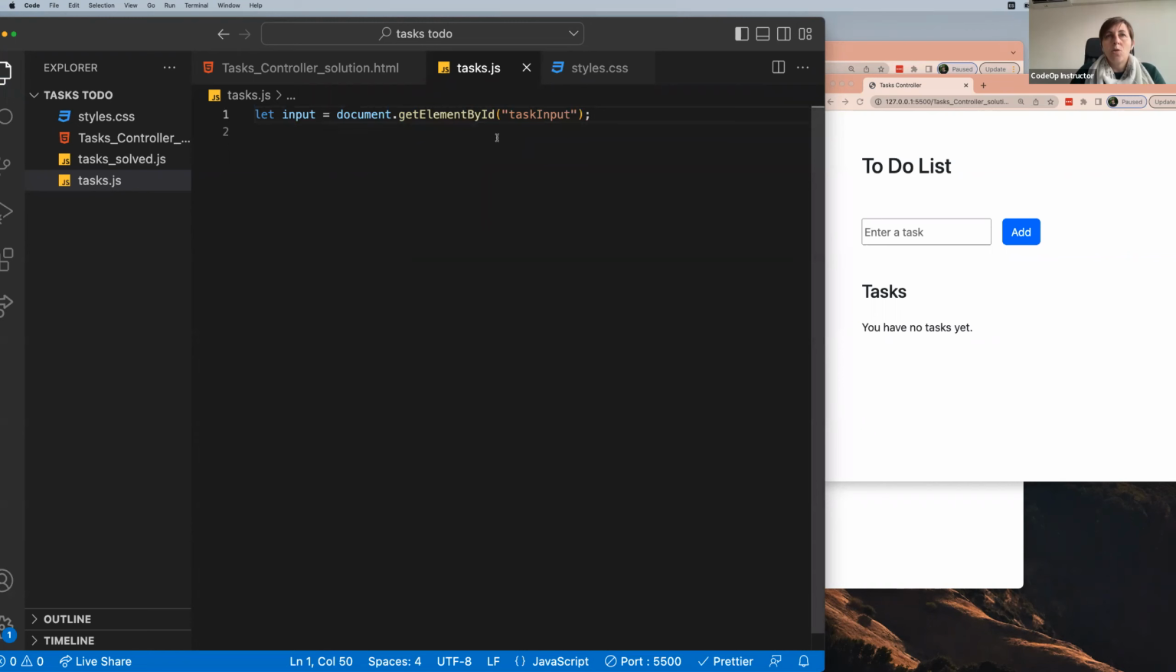Okay, and so like this, I'm getting this element. And all the input elements have a value. So when I write something in here, this is stored in the value property of the input element. So if in fact